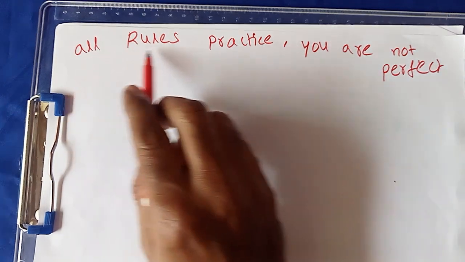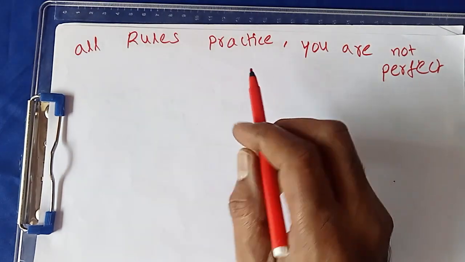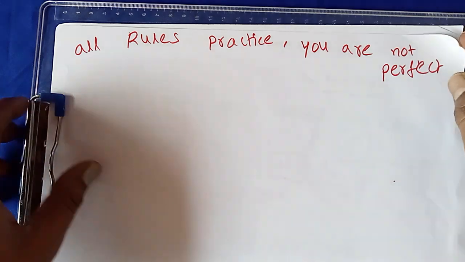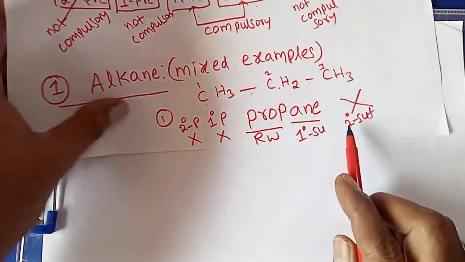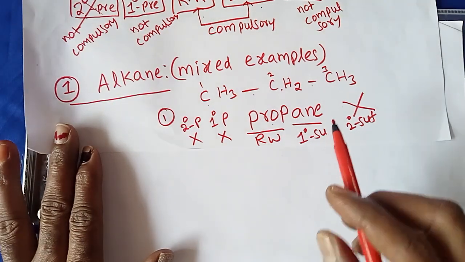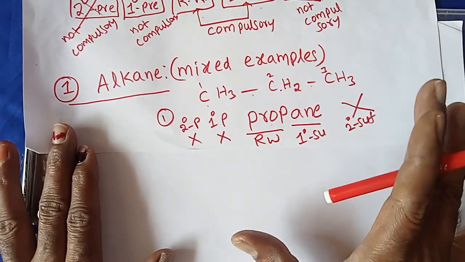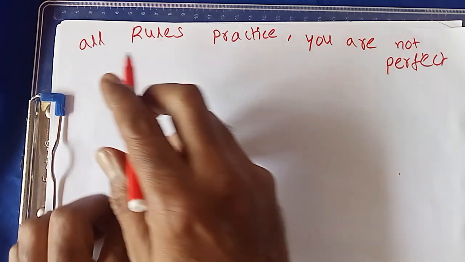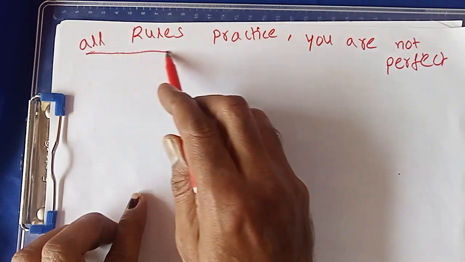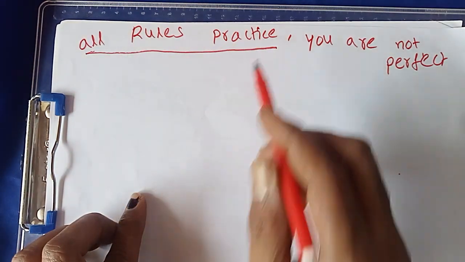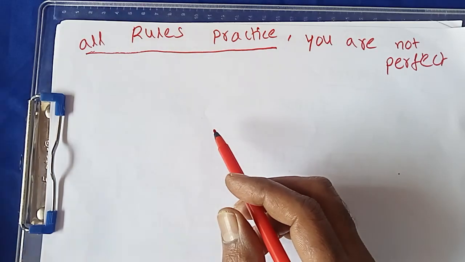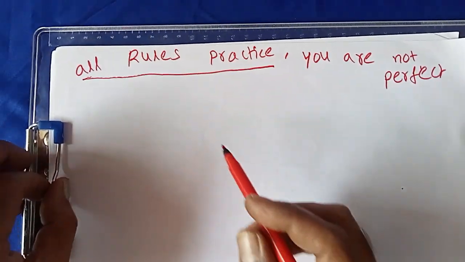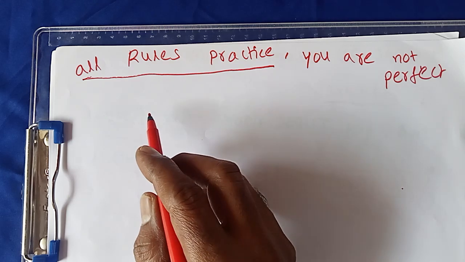If all IUPAC rules are practiced, then in this style you can practice the IUPAC name like this. Now you became maybe 99% perfect. Nobody is 100% perfect. Sir, I follow all rules because, if you are concentrated on the IUPAC rules only,